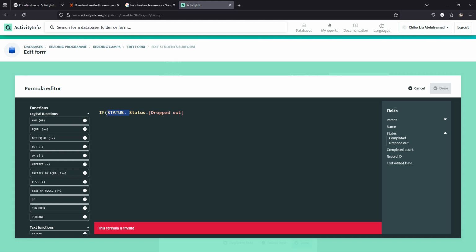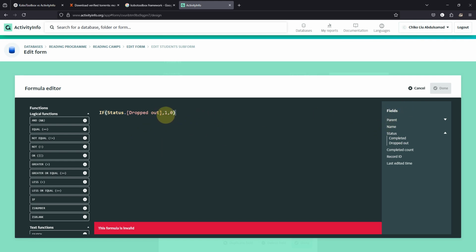The reason why it is dropout with a square bracket is because there's a space between the drop and the out. So I'll say if status dot this, then 1 else 0, and I think I'm done. If status dot dropout,